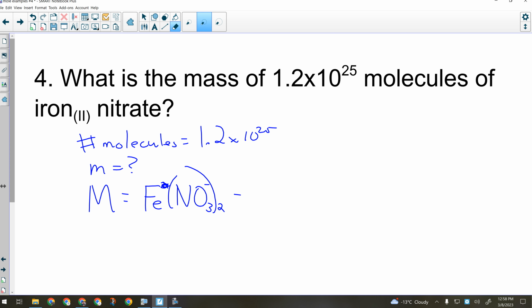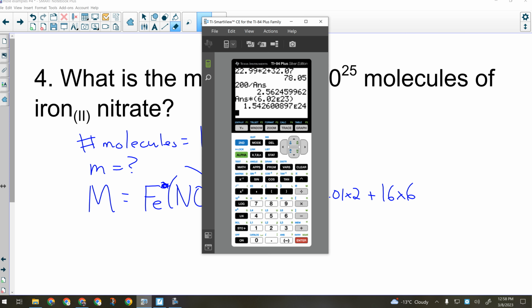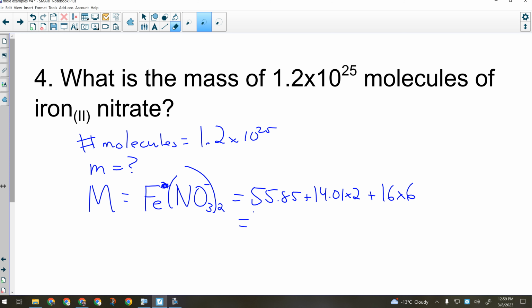Now we've got to get our molar mass. So iron, 55.85. There's only 1 iron, so I don't need to multiply that. How many nitrogens are there? 2. So 14.01 is nitrogen, and there are 2 of them. And how many oxygens are there? 6. So there's our oxygen times 6. All right, 179.87